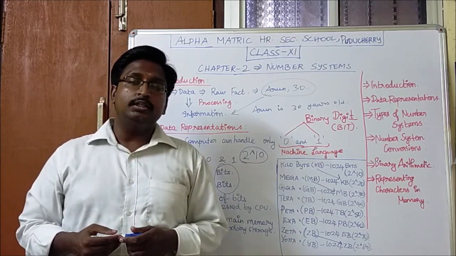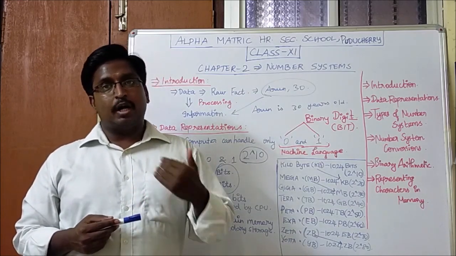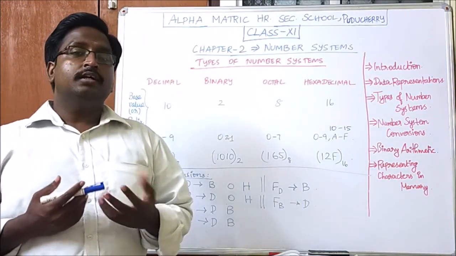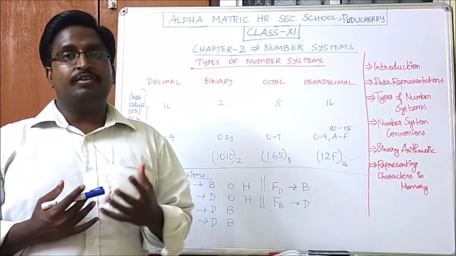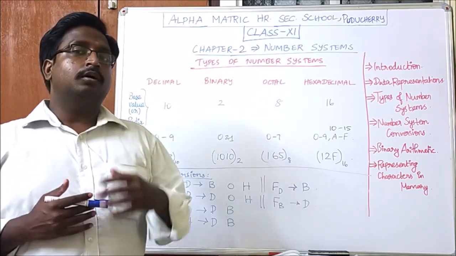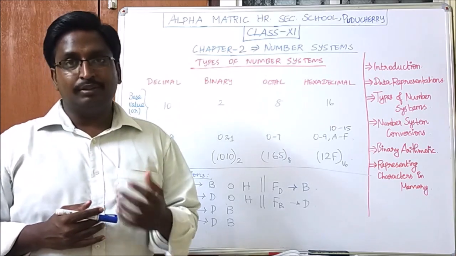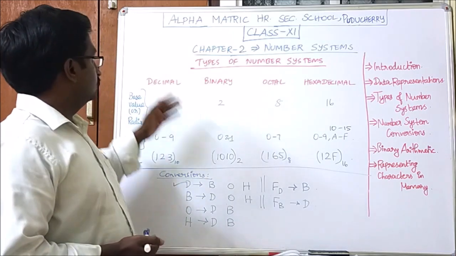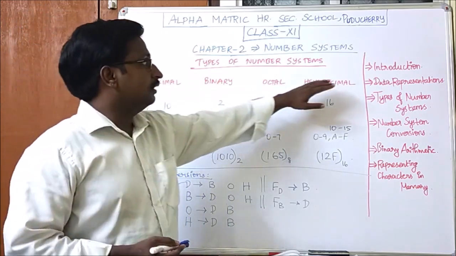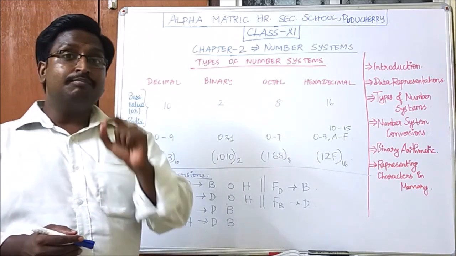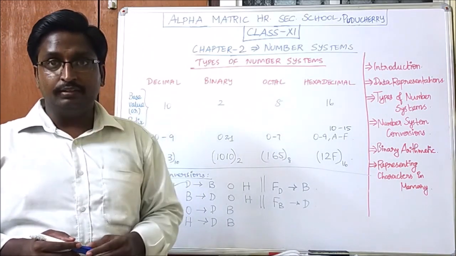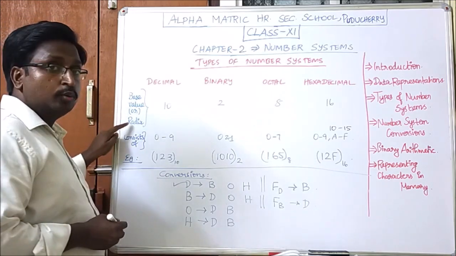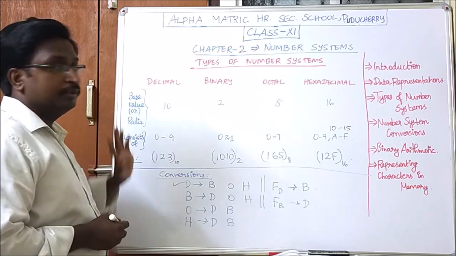Next we will see the various types of number systems available. Mainly a number system is used to represent numbers. Most commonly we use the decimal number system. There are 4 types of number systems available, namely decimal, binary, octal and hexadecimal. Each number system has a unique identifier called the base value or radix. Radix is the count of the number of digits in each number system.